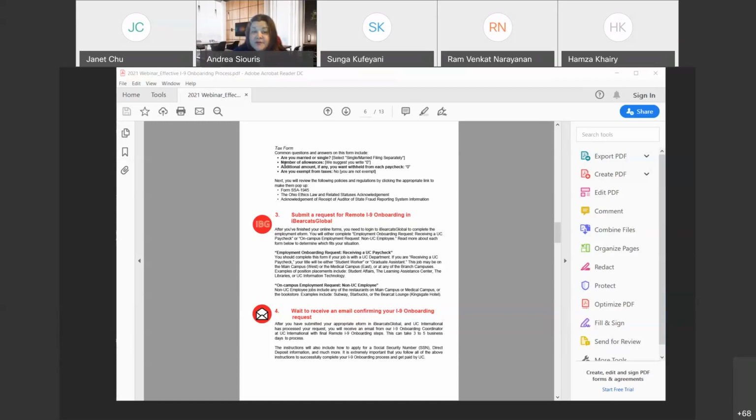There's also the form and the OPERS form, which is the Ohio Ethics, and the receipt of Auditor of State fraud reporting system. These are just some general documents that every employee has to read and then sign off on, just to make sure that you understand what they're saying. Once you complete the electronic I-9 forms, which is the first step,